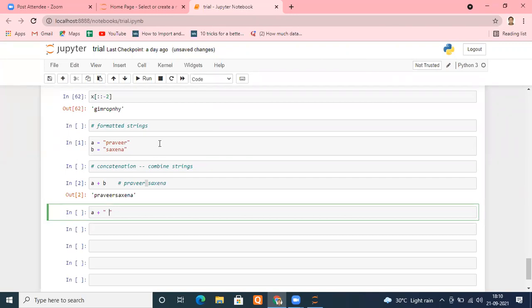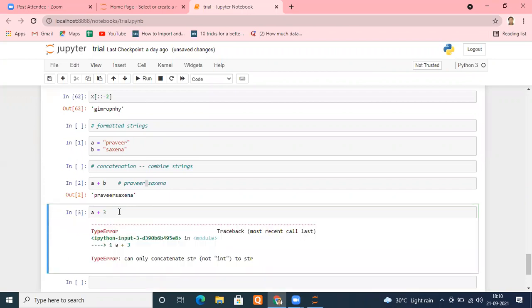The moment I do this, it is understood to be a string. Remember how we treat strings: they are denoted by single quotes or double quotes, or if you are using multiple lines, you can use triple quotes as well. So now the space becomes a string. Otherwise, what will happen if I add anything to A which is not a string, for example A plus 3? It is going to throw an error, because the concatenation operation only works on the same data type, that is string. It should be a string, but it is a number.